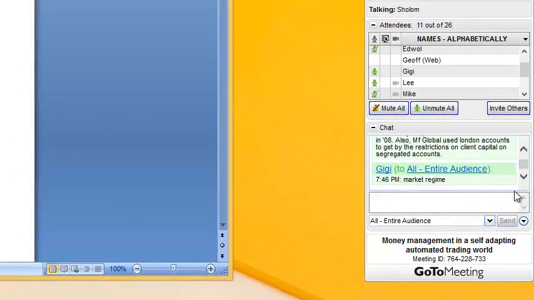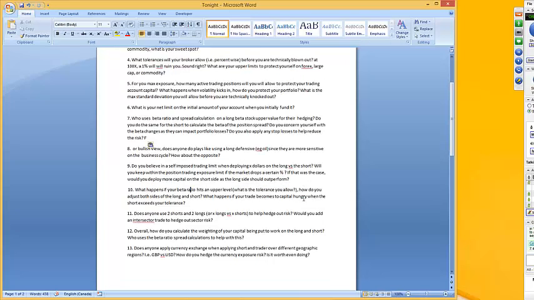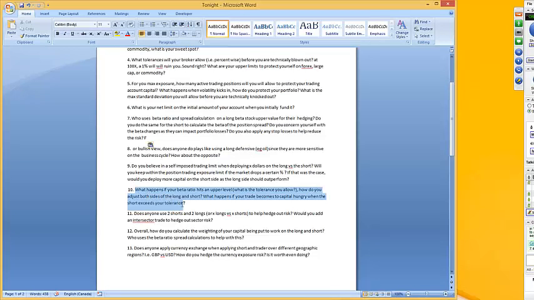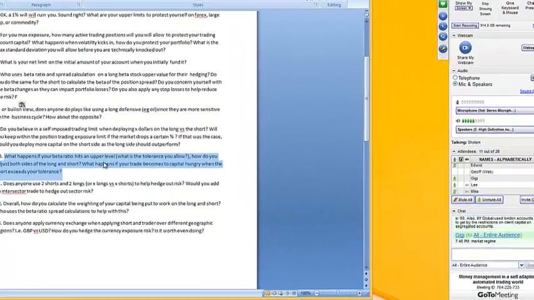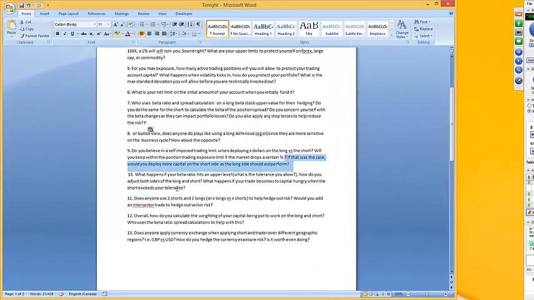Not really. We kind of discussed the first sentence. I don't understand the last part. Would you deploy more capital on the short side, as the long side should outperform? What does that mean? Well, basically, if your long side is expected to outperform, you'll need to deploy more capital on the short side to balance it out. No. But if you are sure that the long side will outperform, shouldn't you put more capital on the long side? That's what I was thinking. If you already know that, you put more capital. Doesn't make sense. Okay. I didn't understand that. I'll correct that. It's good to know.